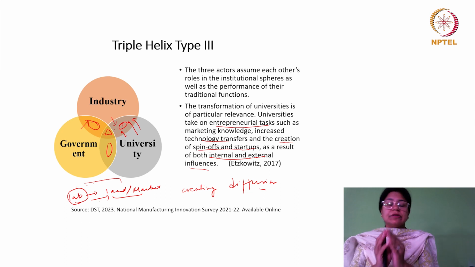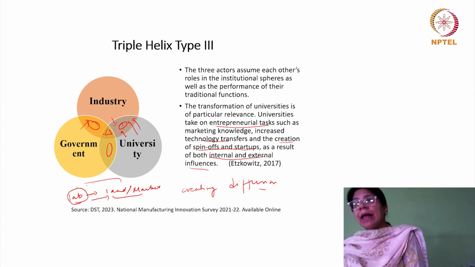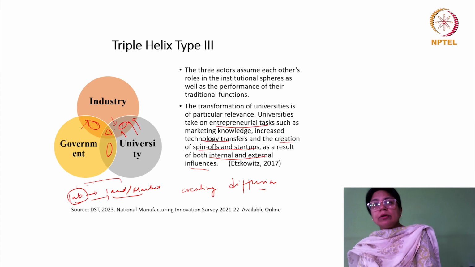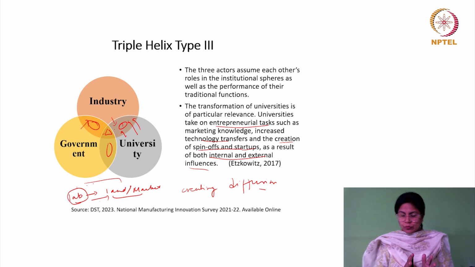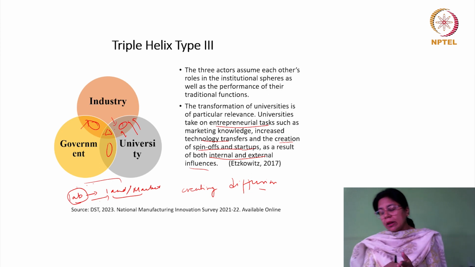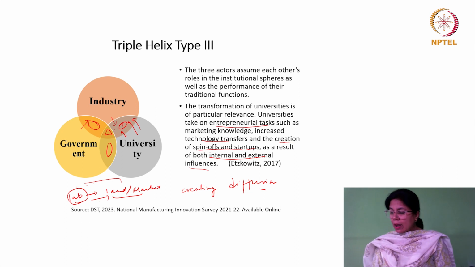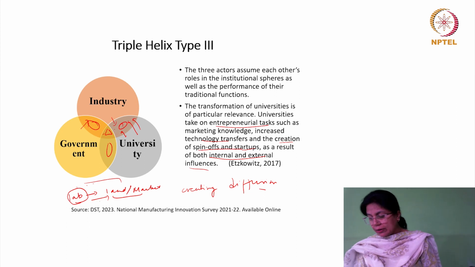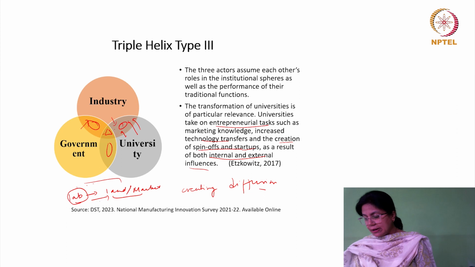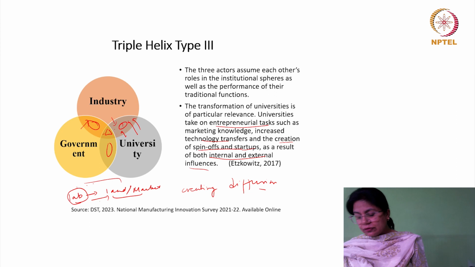So the focus of your industrial policy would also be how you ensure that the industry reaches out to the university, gets access to the newer information, and ensures that this information reaches the people as such. So what you see are the overlaps. So what does it mean? It means the actors involved are assuming each other's roles, right? And a hybrid form of organization may also come up. For example, incubators, accelerators, science parks, technology transfer offices, venture capital firms, and angel networks.